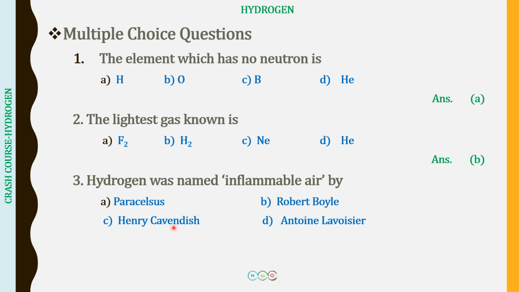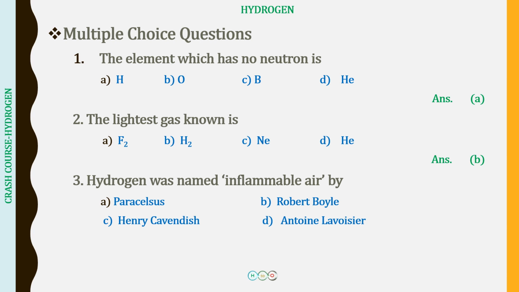He studied the properties of the gas that was being released. He found it to be an inflammable gas, and that is why he called it inflammable air. Okay. Also, you can remember over here that he was the one who found out that when hydrogen burns in air, it produces water. Now he did not name this gas, so it was just inflammable air until Henry Cavendish. Then it was Antoine Lavoisier who named the gas hydrogen.